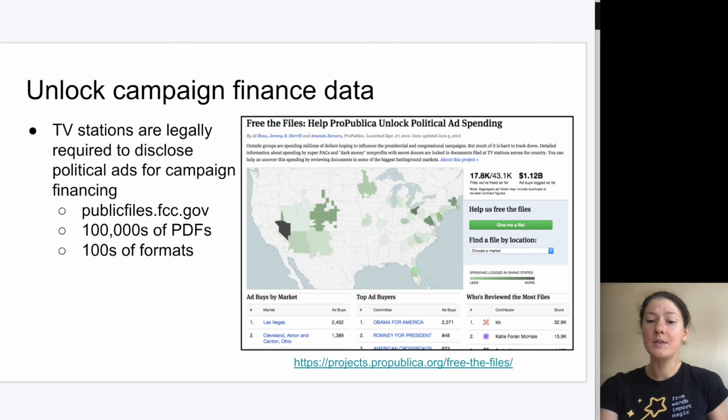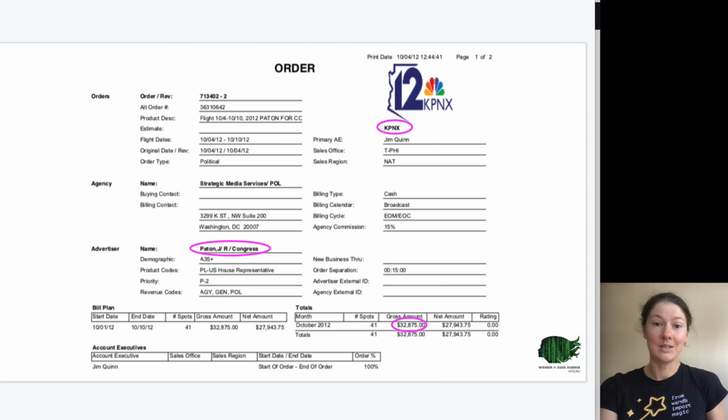Where we started with Deepform is looking at the 2020 election in the US and seeing if we could extract campaign financing data. TV stations in the US are legally required to disclose political ads for campaign financing, but the trick is that this disclosure happens as hundreds and thousands of PDFs online. And all of those PDFs are in different formats.